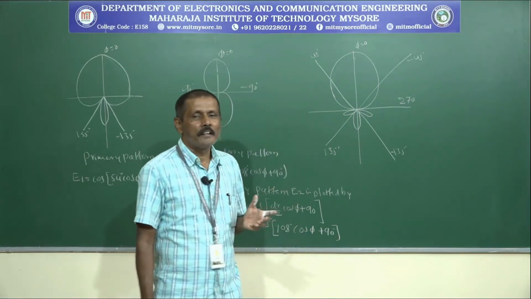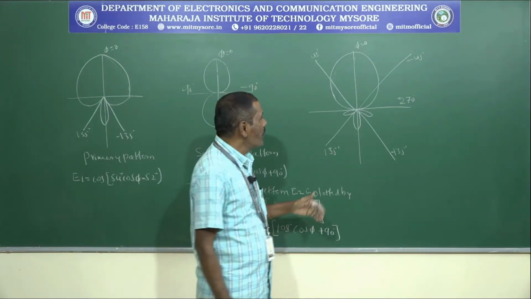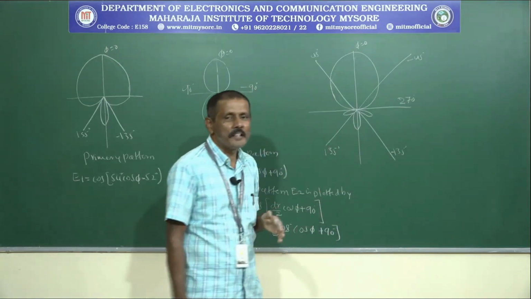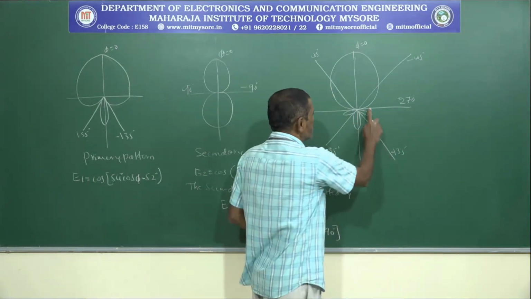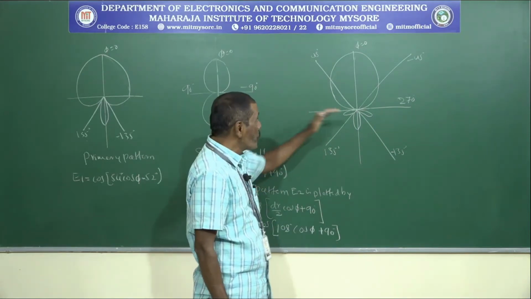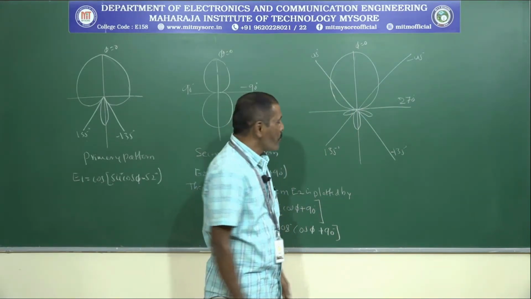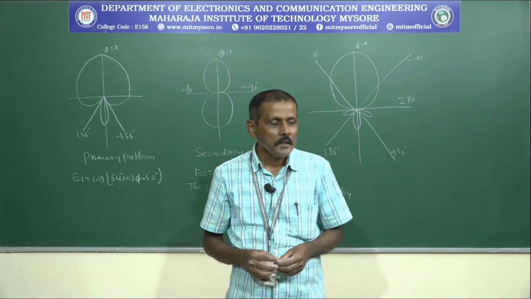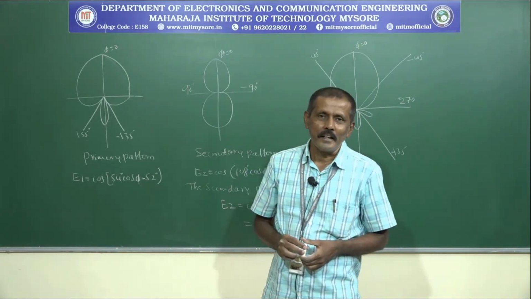Now, you are getting radiation patterns only in one direction and no radiation in these directions. As in the problem, null radiation in the east direction. In the east direction you don't have any radiation. In the west direction you don't have any radiation. We have the radiation only in the north direction and no radiation in the south direction. So this is how by antenna synthesis you can obtain the desired radiation pattern.